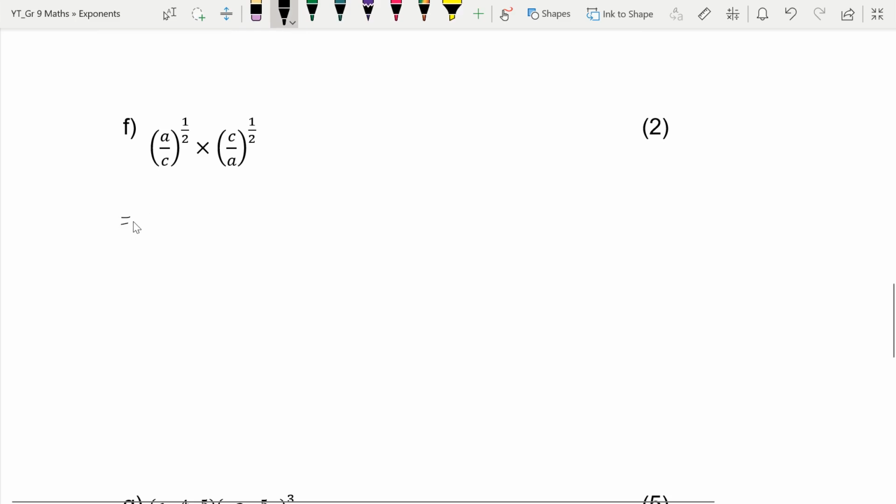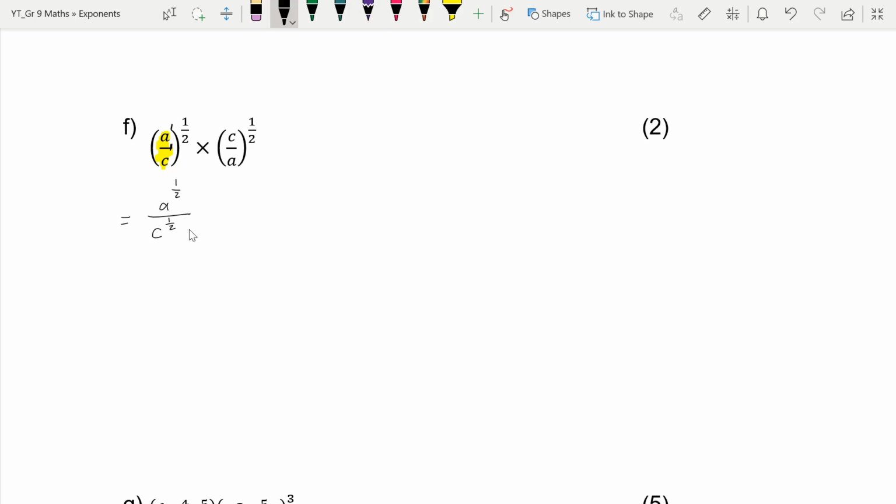Okay, next up, we've got some exponents that are fractions. Okay, let's see what we can do with that. Let's just do what we normally would with our laws of exponents. So when it's in a fraction like this, the exponent on the outside needs to be multiplied with the exponent on the inside. So there we're going to land up with a to the power of a half over c